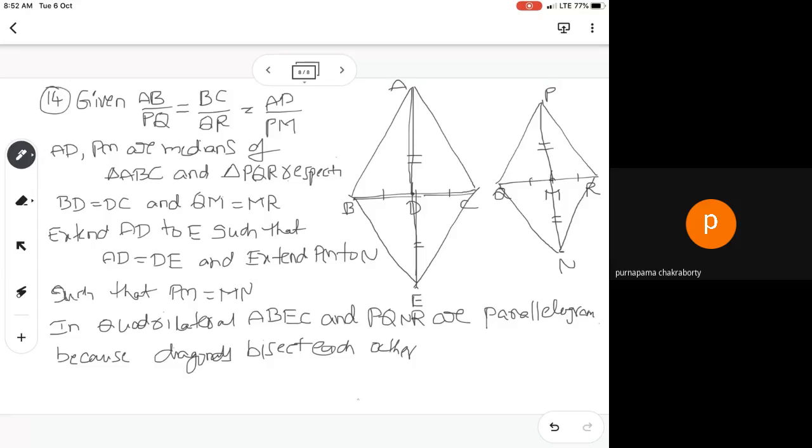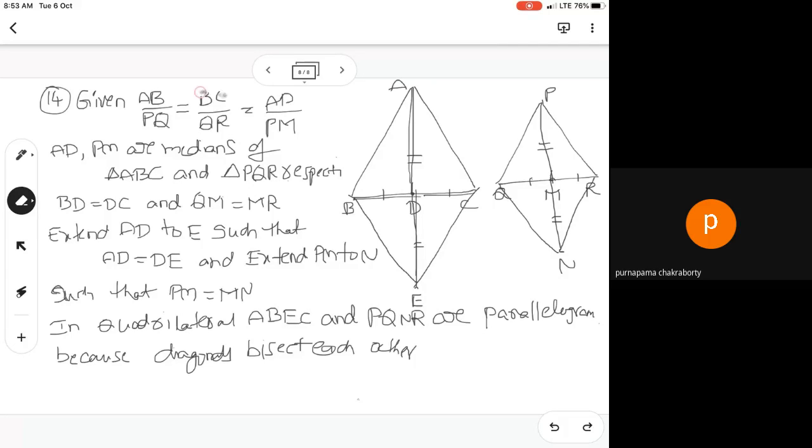So these two are parallel. Our intention is to prove this angle and this angle, both angles are equal. What are they? This angle and this angle. To prove that angles are equal, here it is given that... Sorry. So no one is identifying. What did I write in the question? I wrote AB by PQ equal to BC by QR, BC by QR in the 12th problem. Here AC by PR is given.